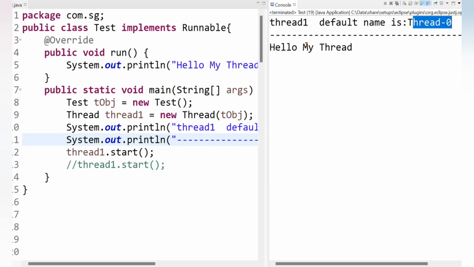Okay, and we can give our own suggested name to the thread also, because these default names such as Thread-0, Thread-1, Thread-2 don't make sense, because thread name should be meaningful. Let's imagine you are working on a big real-time multi-threaded application and thousands of threads are created, and if all threads are named Thread-0, Thread-1, Thread-2, then it's extremely difficult to figure out which thread is performing a particular task, as well as it also becomes difficult to find out which thread is causing a problem, right?